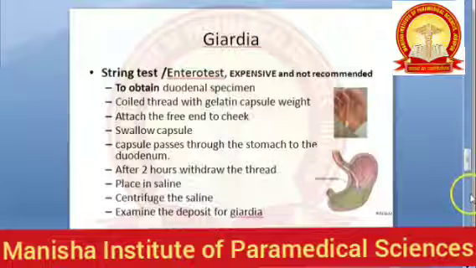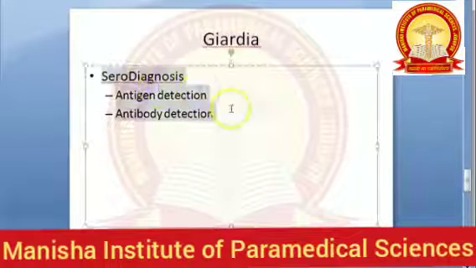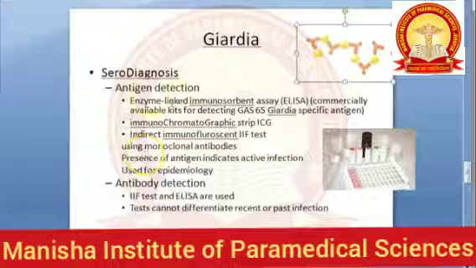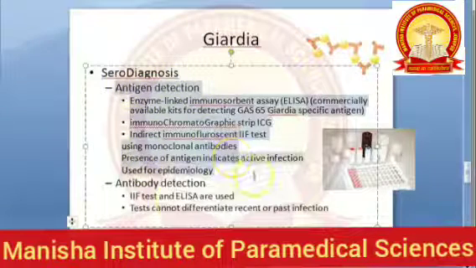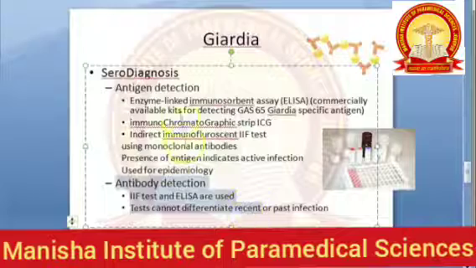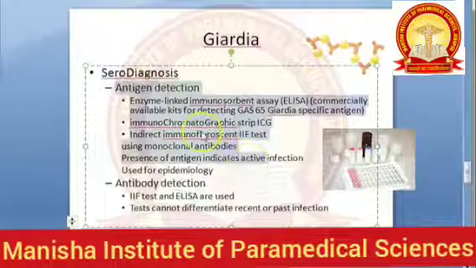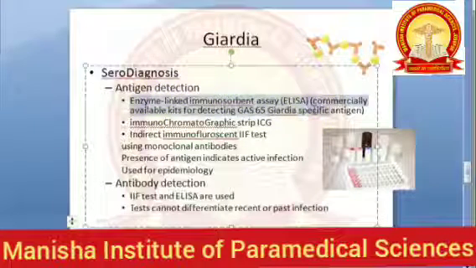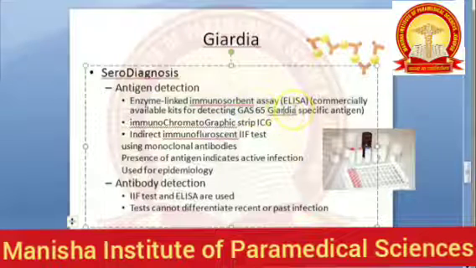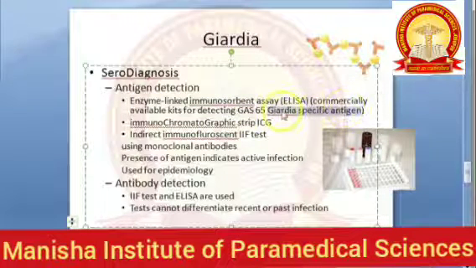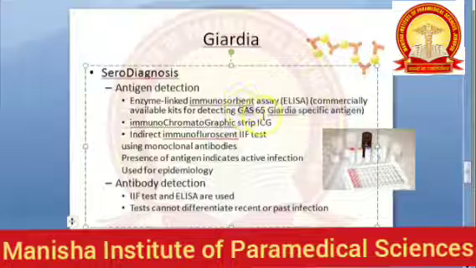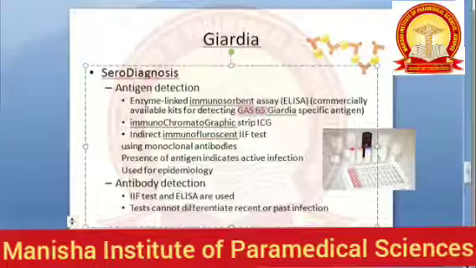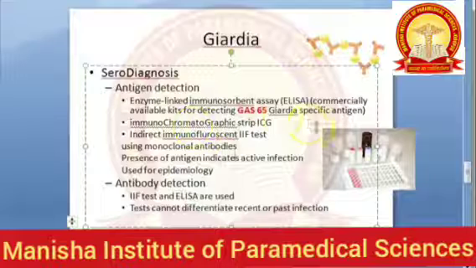Moving on in lab diagnosis of Giardia lamblia, we will now move on to serodiagnosis, where you can detect the antigen or the antibody. In serodiagnosis, you have antigen detection and antibody detection. Whenever you write this, you will write ELISA, that is also standard for you. Enzyme linked immunosorbent assay kits are available for detecting the Giardia specific antigen, GSA, but they have written it as GSA 65. GSA 65 is the antigen. If you want, you can write this to get some marks.